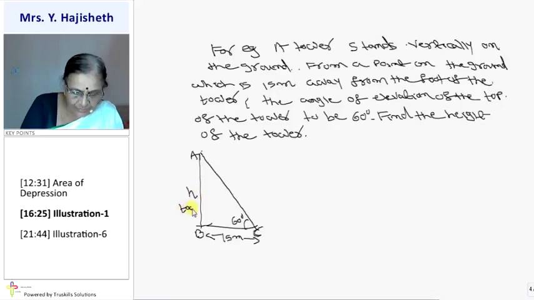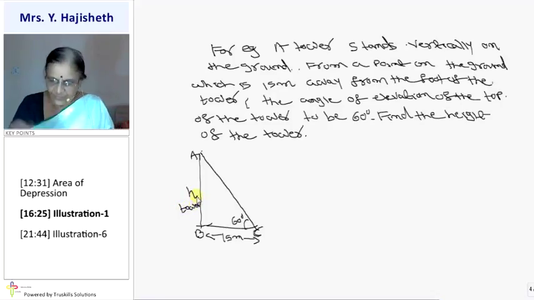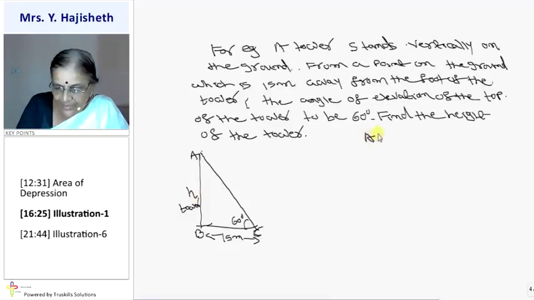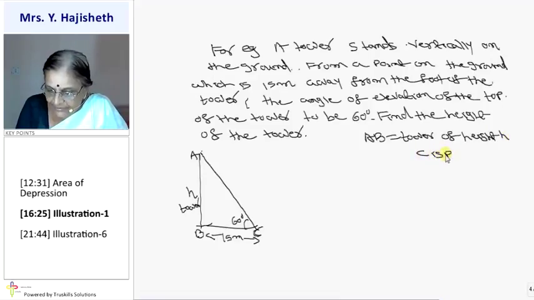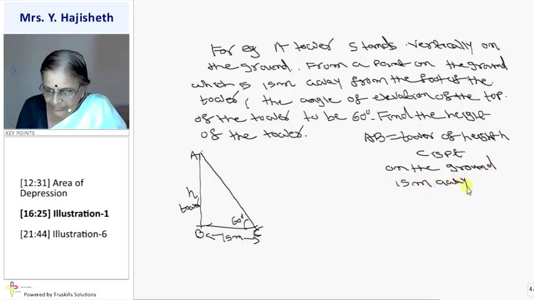Suppose h is the height of tower. फिगर में सब कुछ क्लियर हो गया. फिर भी मैं इधर लिखूंगी, let AB be a tower of height h. Okay, then C is the point on the ground, okay, 15 meter away from the foot of the tower. Okay,